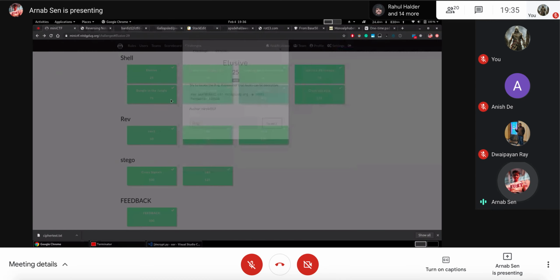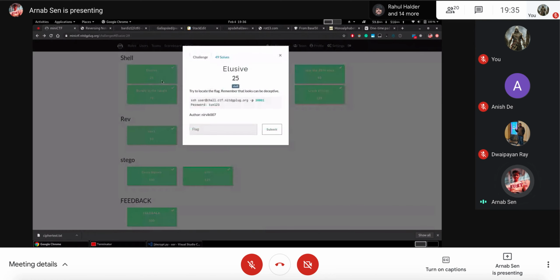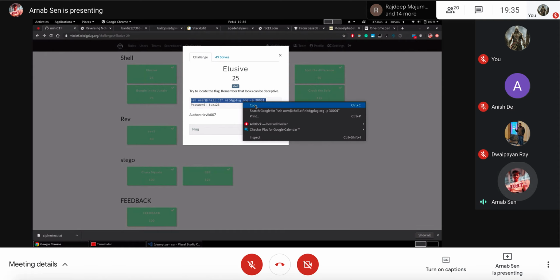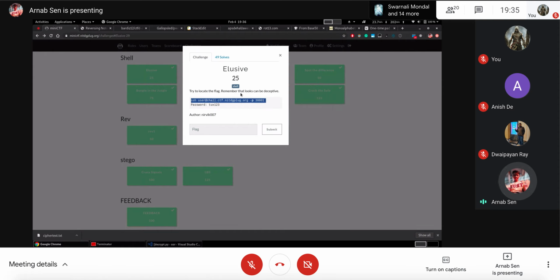So in this question, what they have asked you to do is that you're given a particular machine that is set up, not the one you're working on, and you have to SSH into this machine and try to locate the flag.